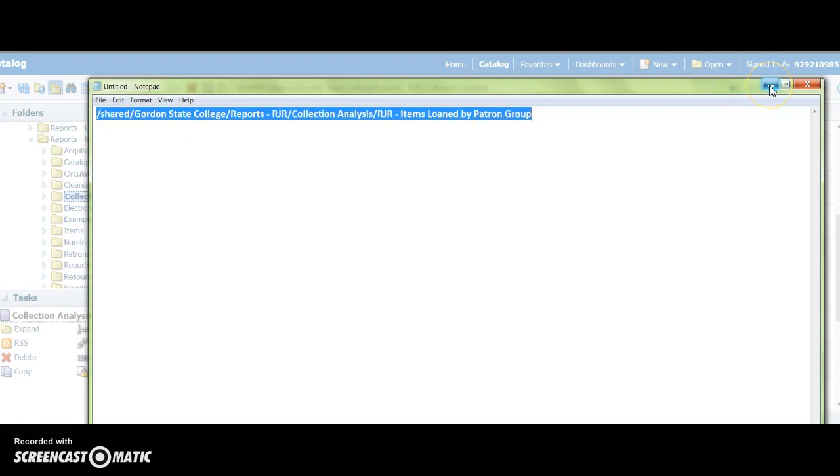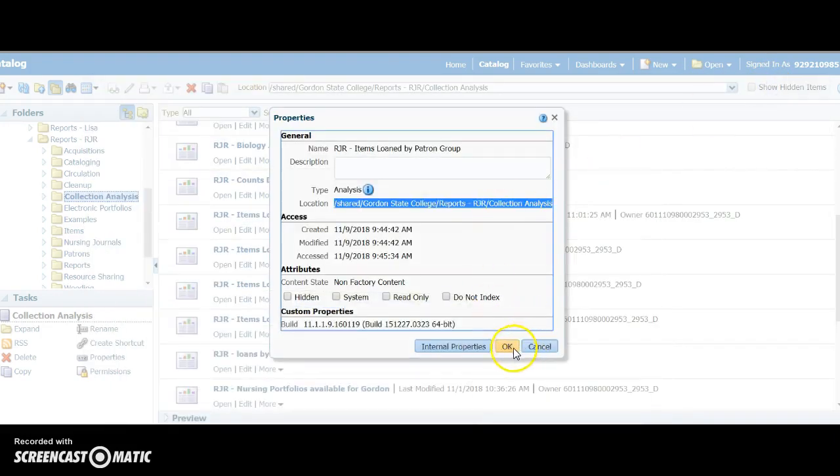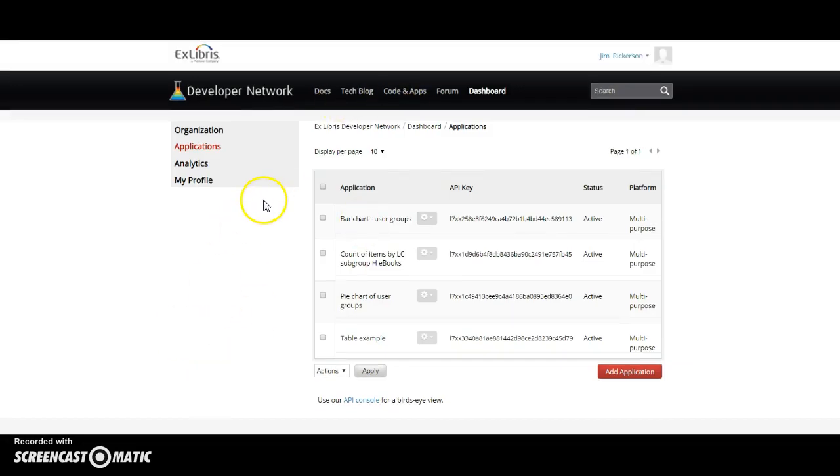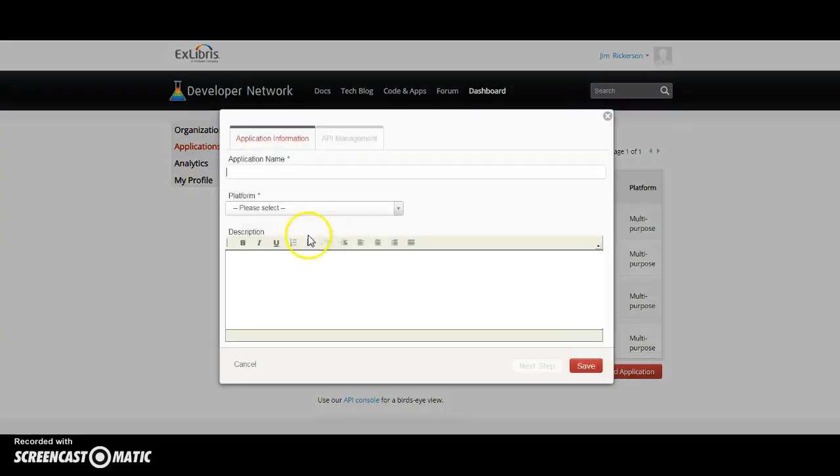And then I'll put that into the path, and what I get is a response saying that the API key is not correct. So what I'm going to do is I logged in, and you see I logged in right here, and I clicked on Applications. I'm going to add an application and just kind of walk through this. So it's items loaned by patron group,